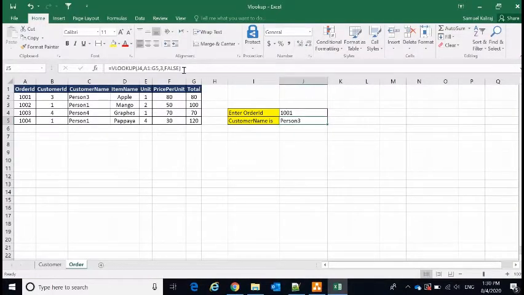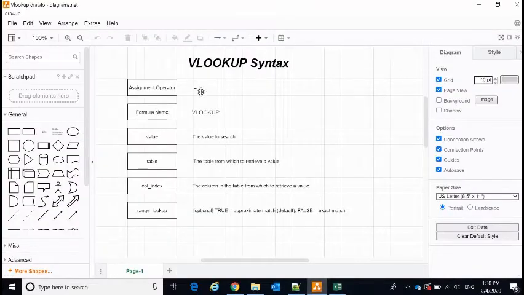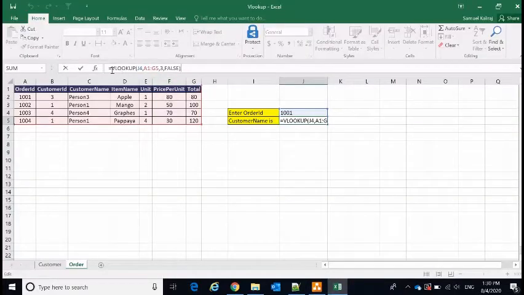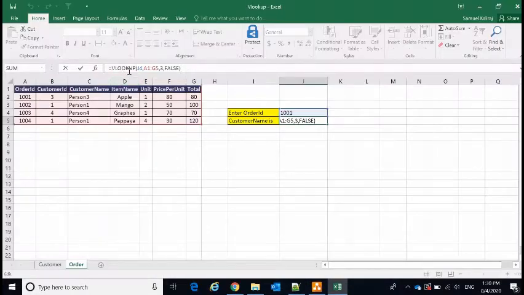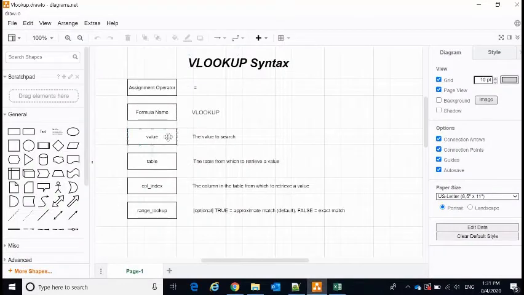Okay, if you see the formula here, VLOOKUP. We will go through the syntax. First we have to create the assignment operator, so we have created it. Then what is the formula name? VLOOKUP, so we have put VLOOKUP. Next is the lookup value.